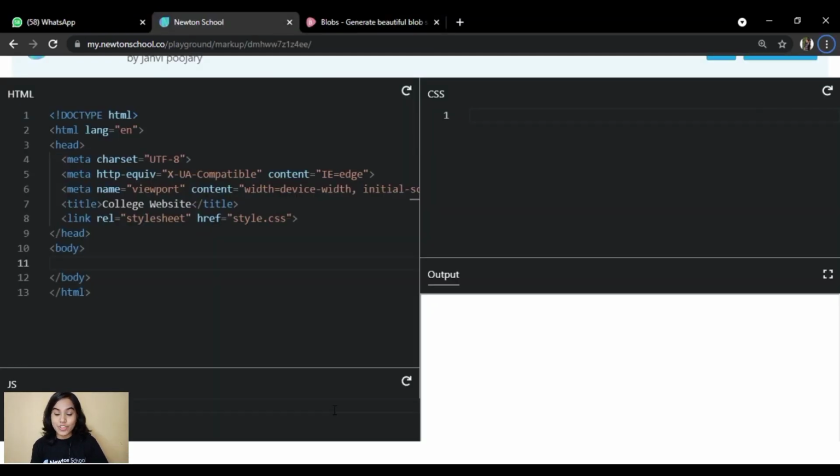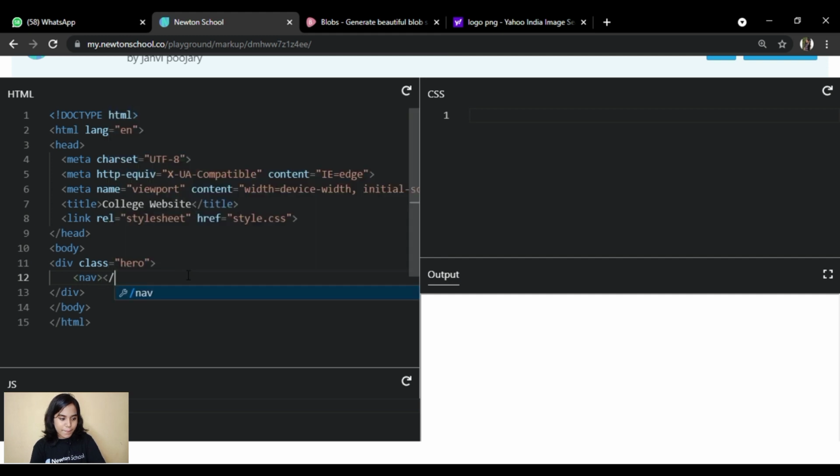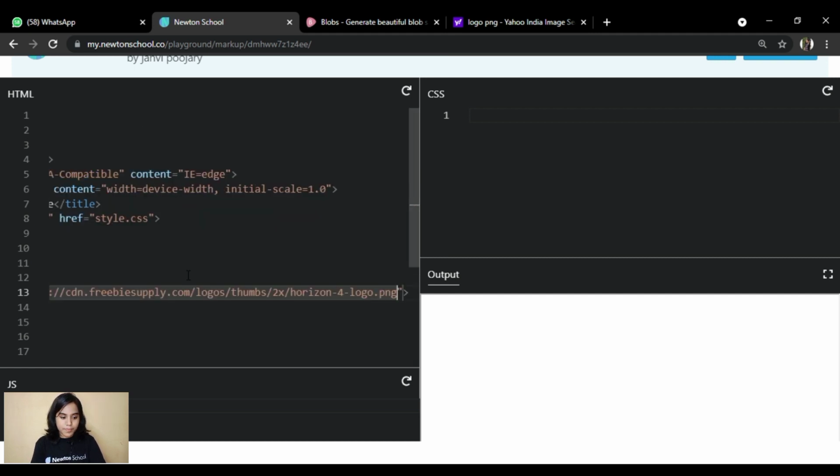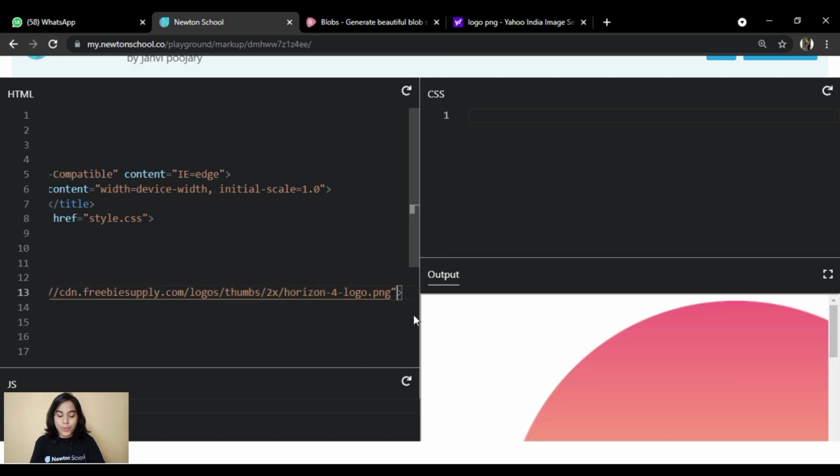Now let's quickly jump into the code. Here I have my HTML boilerplate ready. I will write one class with the name hero for the hero section. And then we will write a nav tag, and inside that nav tag we will put one logo, my simple logo which I have taken from Google.